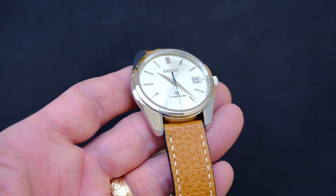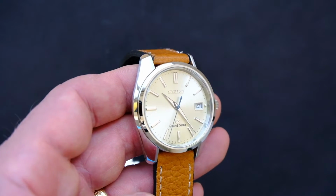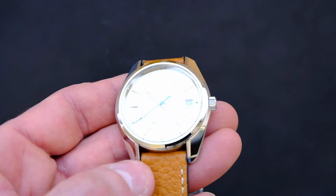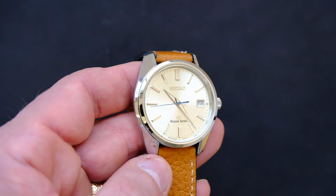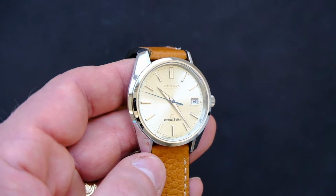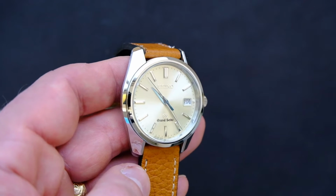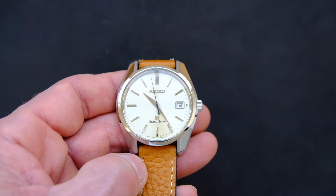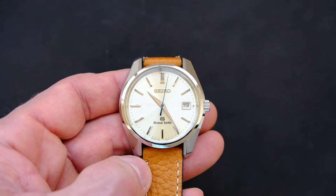I think it's been said before, mostly by Tim Mosso, I think on his channel, that the champagne dial has the most steps in manufacture, and it doesn't have a texture. People may look at the snowflake and the birch dials that are stamped in the brass, and that is wonderful. I like it a lot as well, but just the fact this one took a little bit more time, a little bit more care to process, to me really captures the nature of Seiko and Grand Seiko about time and